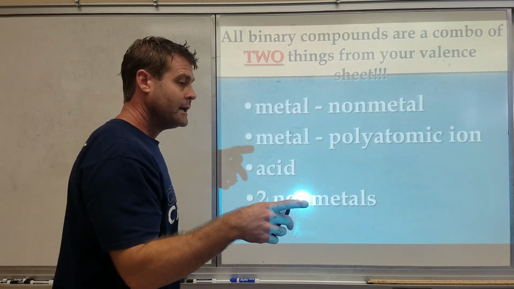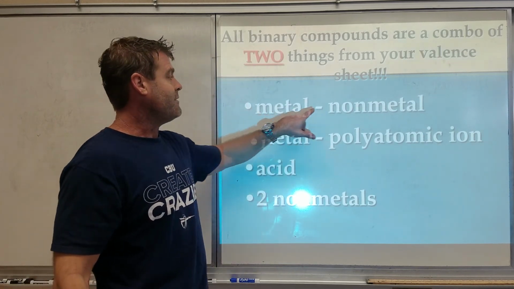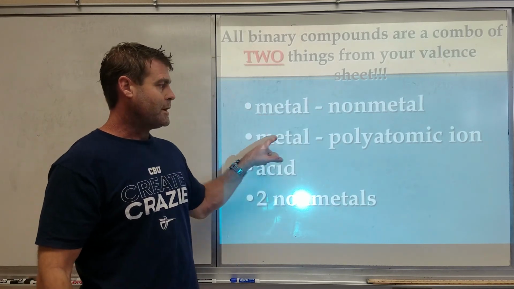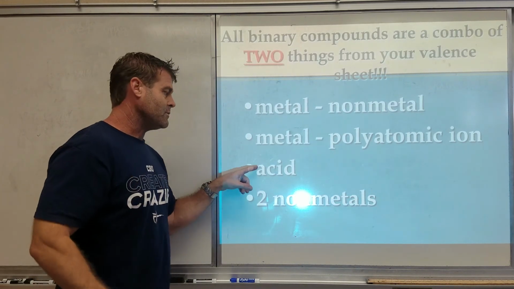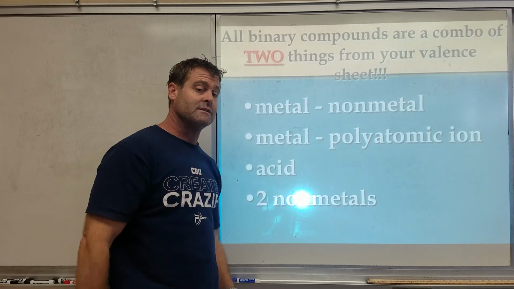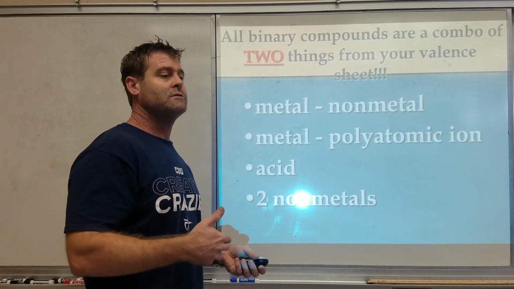This is what we're going to be going over. You can have a metal-nonmetal combination. You could have a metal-polyatomic ion combination. You can have an acid, which is a combination of 2 things. I won't talk about what that is yet. Or you can have 2 nonmetals together. The reason we have these in different categories is because there are different rules we use in order to name those